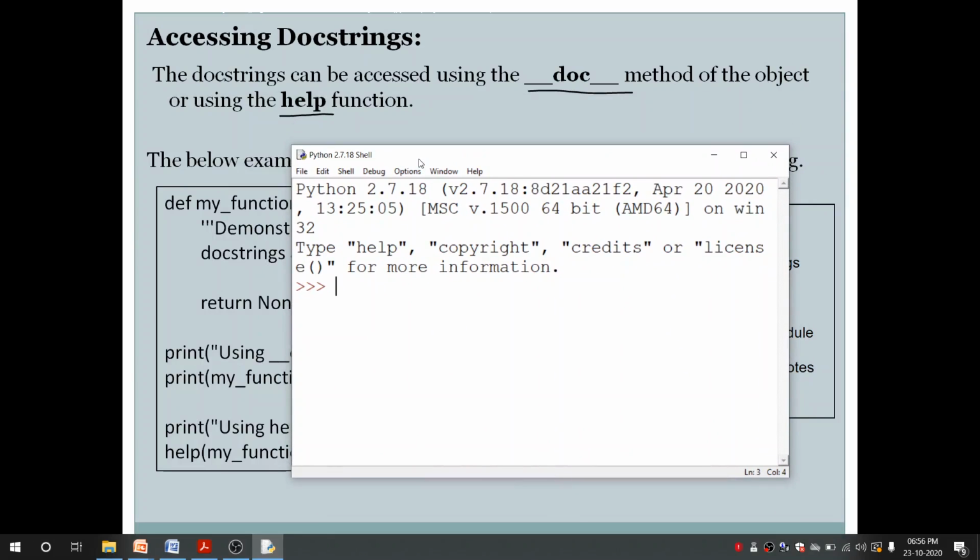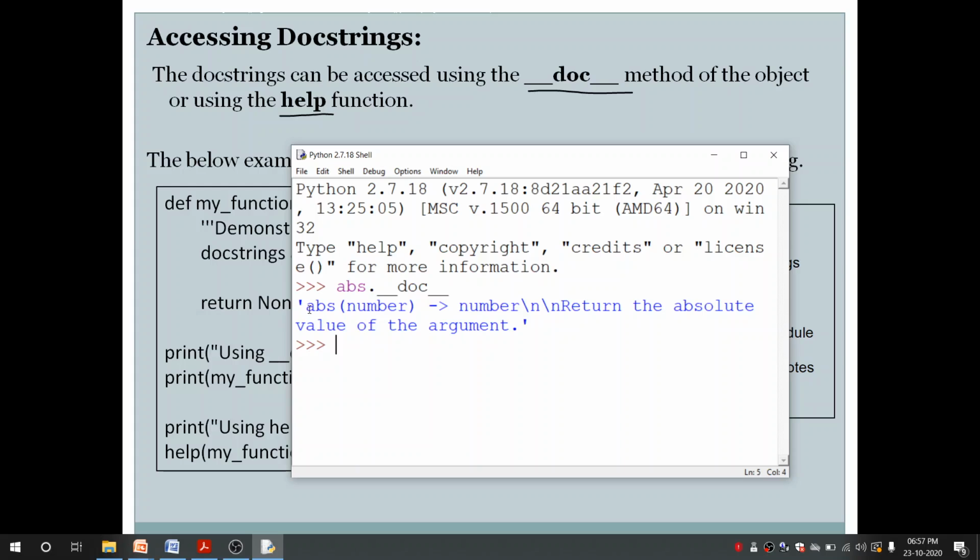Okay, to access the docstring associated with the predefined function, we have two ways. I said we can use __doc__, or we can go for help. First, I want to see the docstring of the abs function. I want to know what the abs function does. So I want to access the docstring associated with it. So I'll say abs dot double underscore, remember, then doc, and again two underscores, and simply press enter. Now you can see it will display the documentation which is associated with abs.